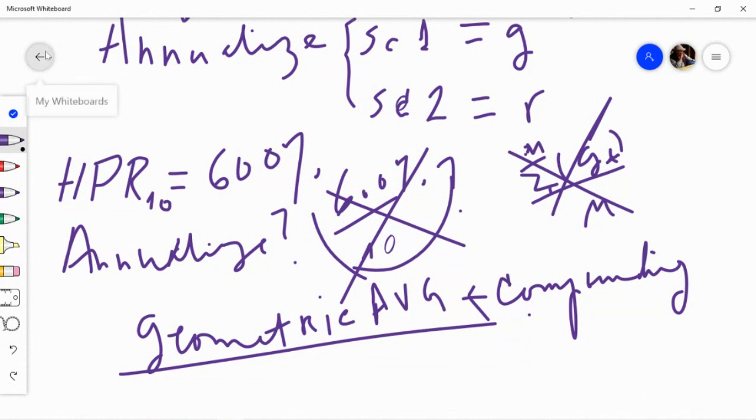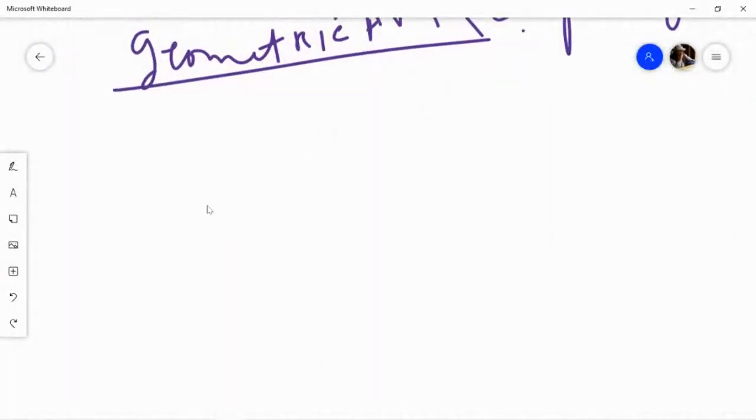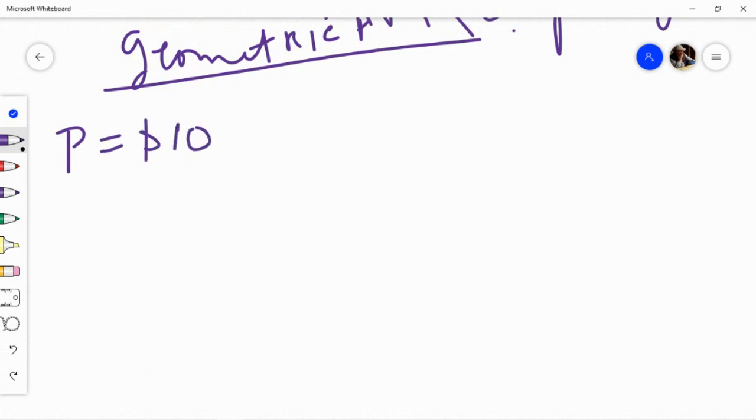So let me use another example. And this is an example I think I used in topic 1. For example, suppose you have 10K and you put it in a bank, right? You have 10K and you put it in a bank. So that's your principal, right? And the interest rate,